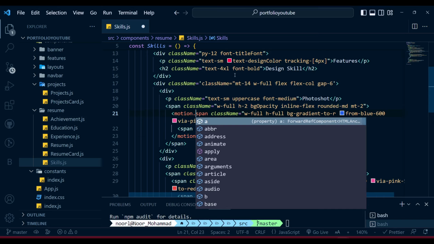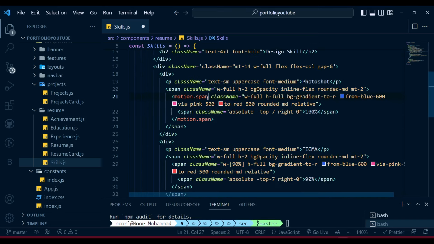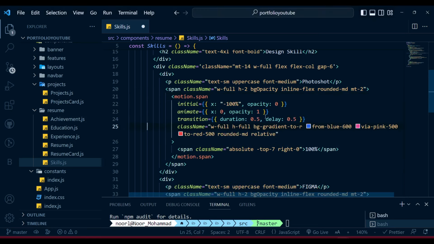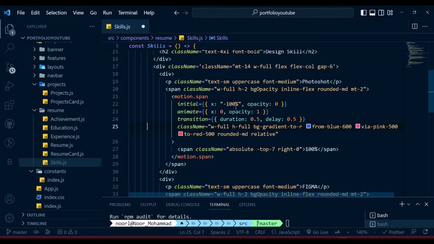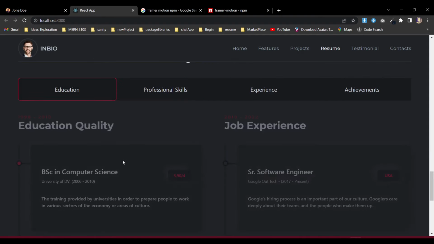So you will create the motion here also. And for that we're gonna give a bunch of properties here. As you may see, I'll just make it appear here. For the initial it will be -100%, so it will be outside of that. Like if you see when it's coming, it's from outside and just appearing inside, right? From it will be -100%, then the opacity also will be 0, then the animation will come, and the delay and duration will appear. So if we come over here, if we see,